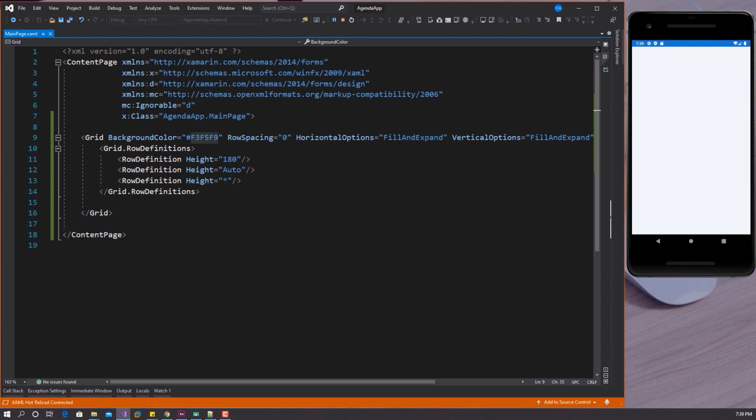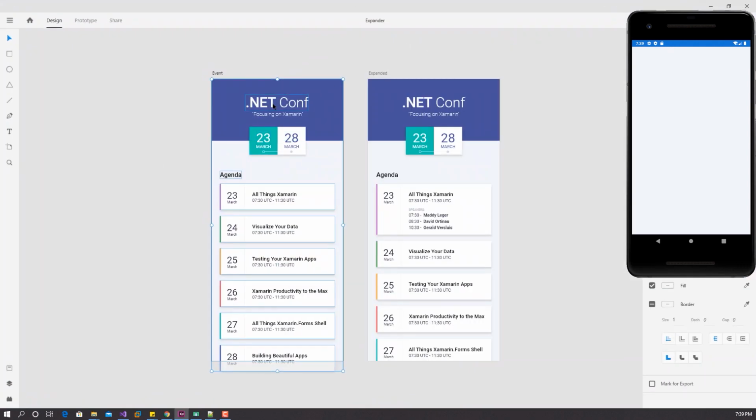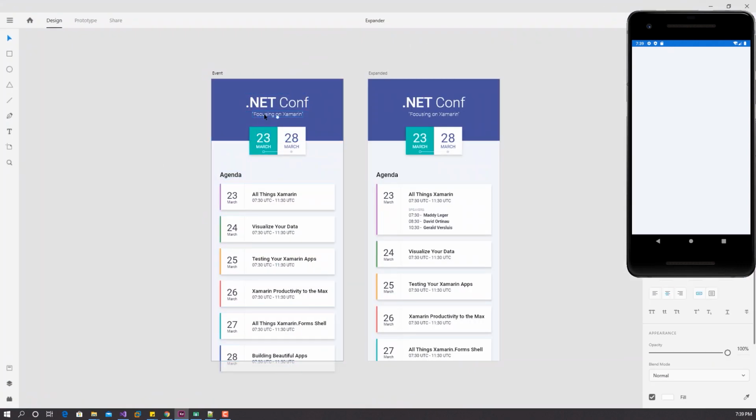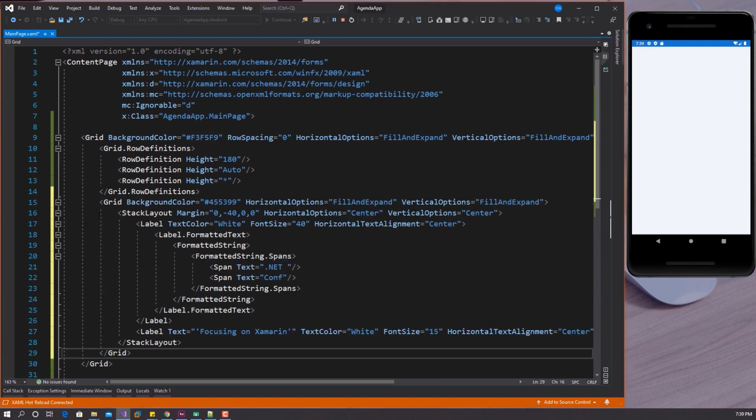So the next thing is the top bar, the top portion of our screen. Let's look at it. The top portion contains a stack layout with these two labels. All right, so we have a grid, and inside that grid we have a stack layout with these two labels. Okay, so we have this grid, and this grid is going to be